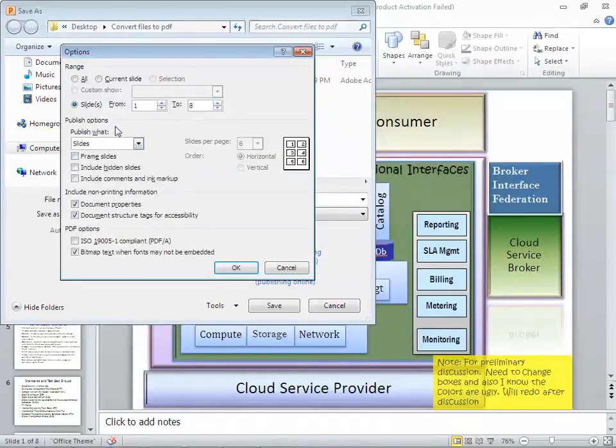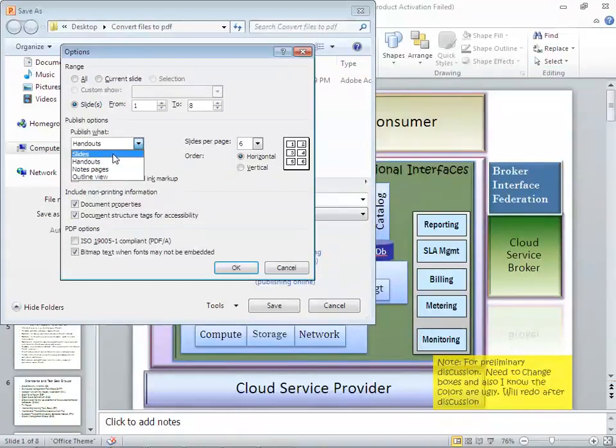And the next option is the publish option. In the publish option we can select different options for publishing the slide. The first one is the slide, which gives us the slide. The second one is the handout, in which we get space at the bottom for writing notes. The next one is the notes page, where we can write down the notes, and the last one is the outline view, in which we can create the outline.